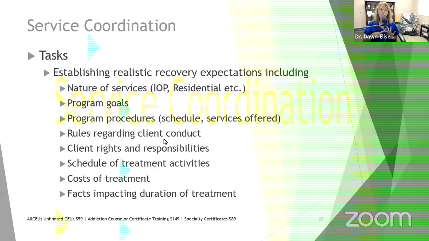This is very important to tell them up front, and facts that impact the duration of treatment. So, maybe it's a 28-day program, but what might constitute an extension, or what might get the client to be discharged sooner. So they're aware of what they're walking into.